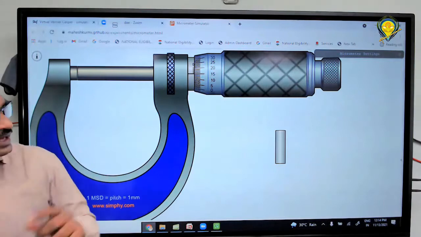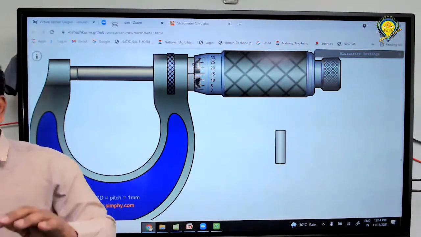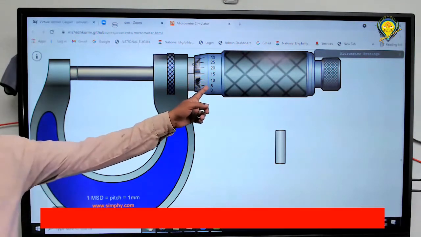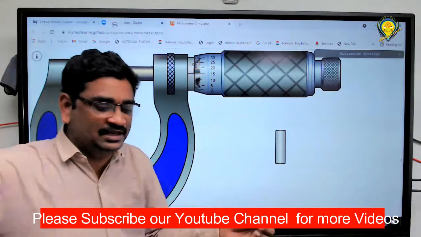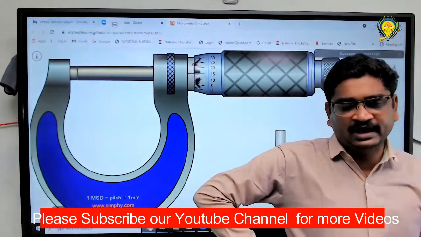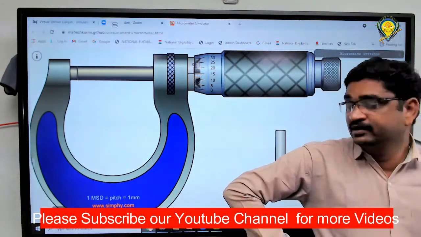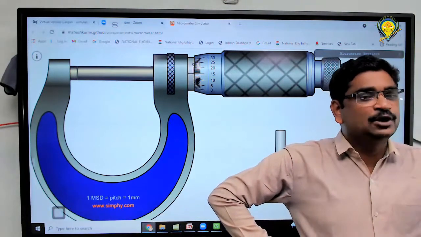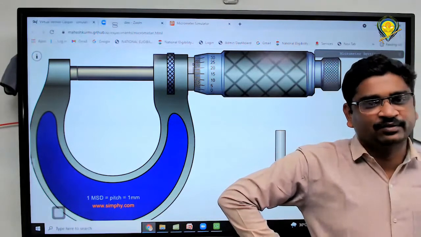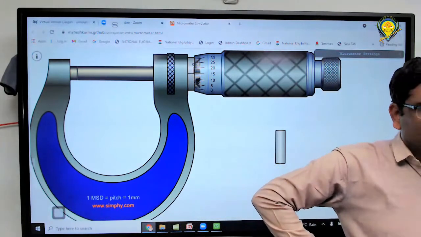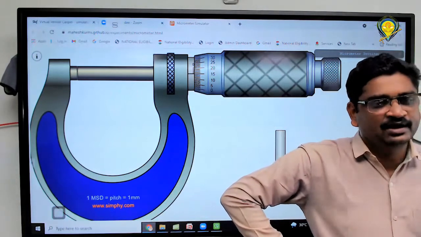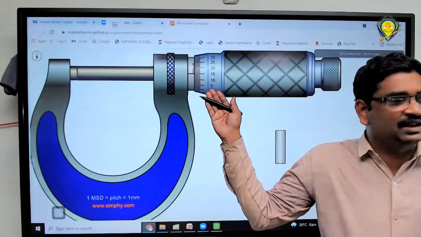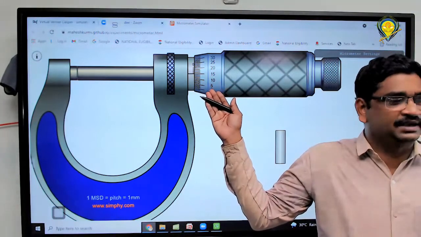Now, in this case, is the 0 above the horizontal line or below the horizontal line? Check this once. It is below the horizontal line. Sometimes they will specify like that. In that question they mentioned: 0 line of the circular scale 5 points below the horizontal line. Then what is the type of the error? Positive error. 0 line below the horizontal line is the same as this one. So positive error. How much is the error? 5. That 5 we need to subtract.